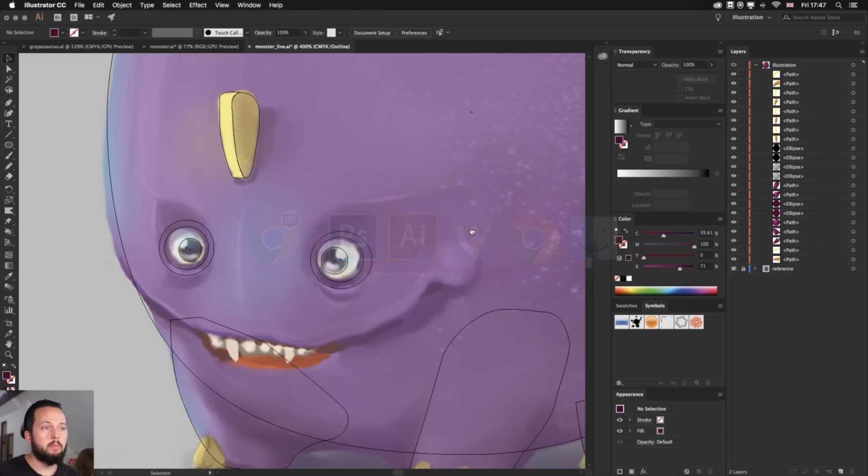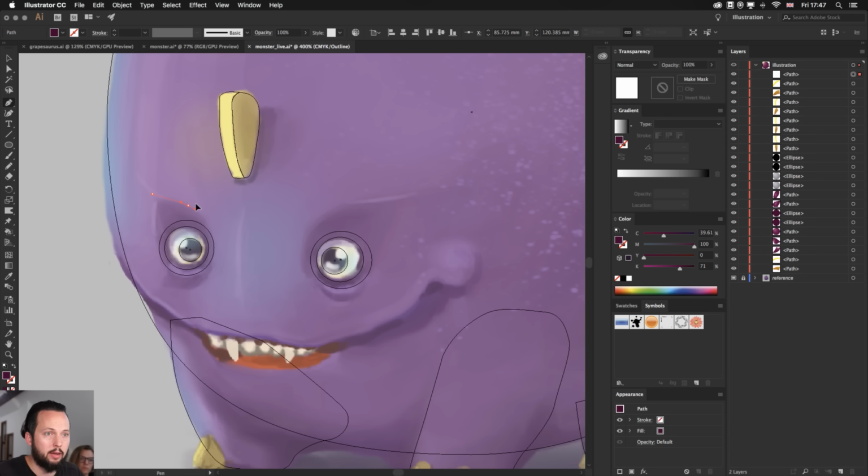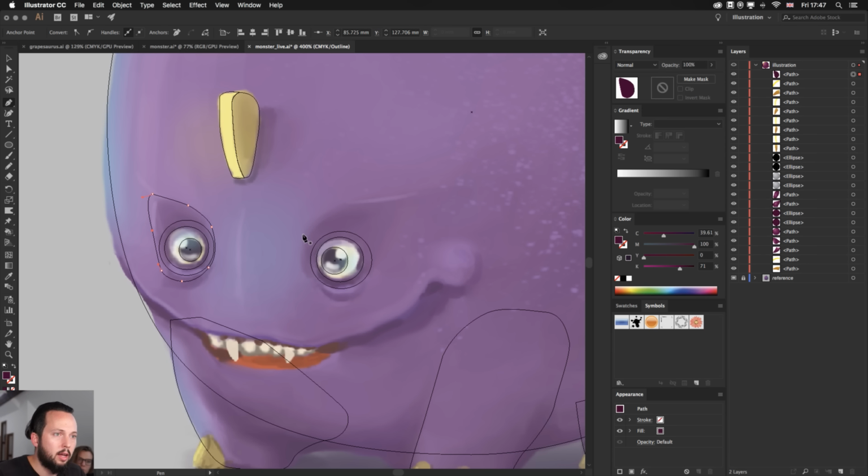So when I am moving back into Illustrator, first of all, I'm going to draw that shape in the background. So using the pen tool, I'm just going to draw around it. Something like that. And then close it off there on the top. I can refine these shapes later if I want to. Again, let's draw this other one. And I'm using the pen tool, but you could do this with other tools as well. Let's just go around it here.